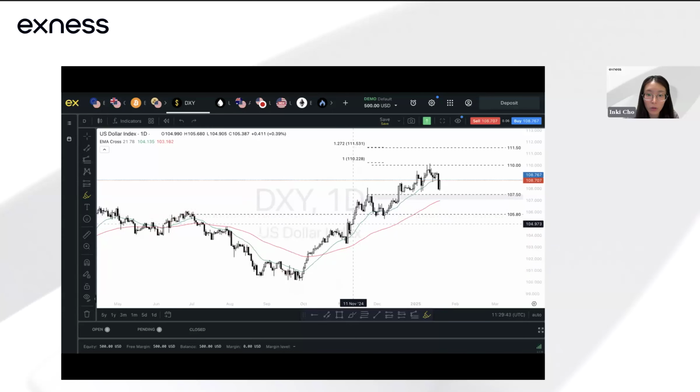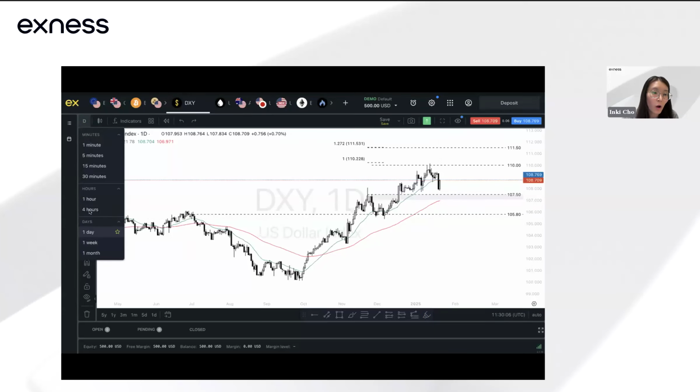And then following that, we saw that price broke to the upside, retested this level again as a support before it continues higher. So for me, if price breaks this level, the next potential support it could decline to is this support level over here, which is the 105.80 level, just because of how price tested it as a support and also as a resistance previously. Right, so these are the key levels for me on the daily time frame.